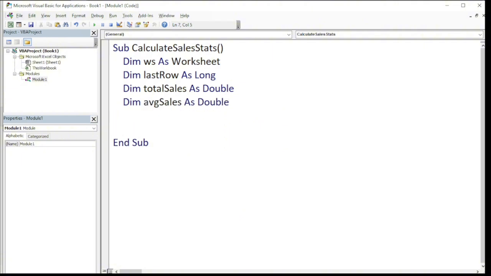Then I'm gonna set the worksheet. Set WS equals Sheets, and the sheet would be sheet number 1. I did not change it, so still sheet number 1, right? Then I'm gonna also set the last row, the variable last row equals